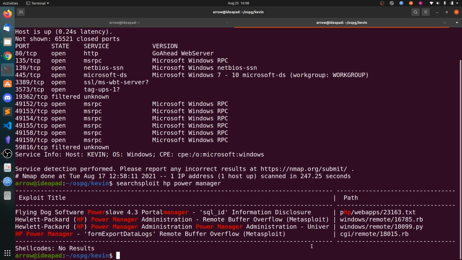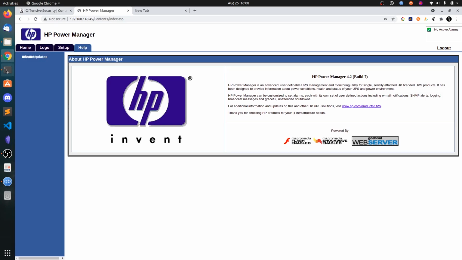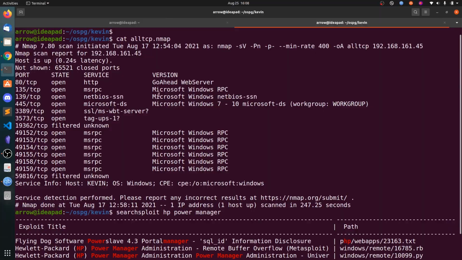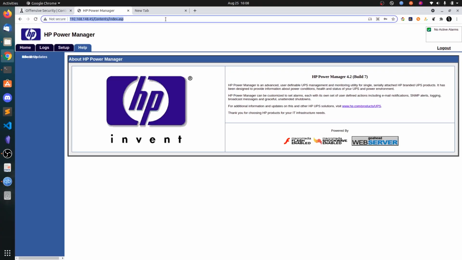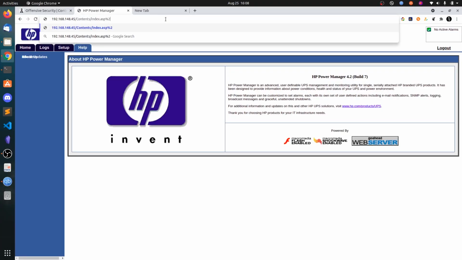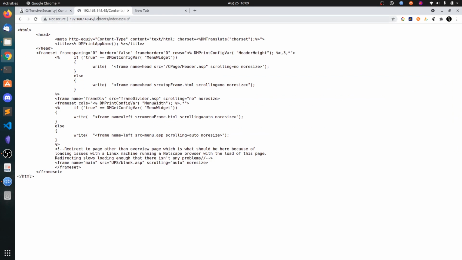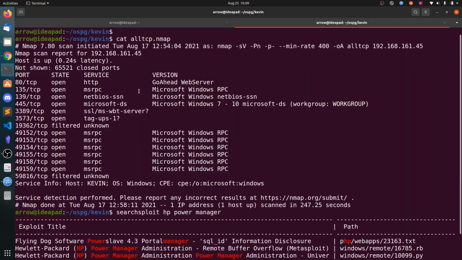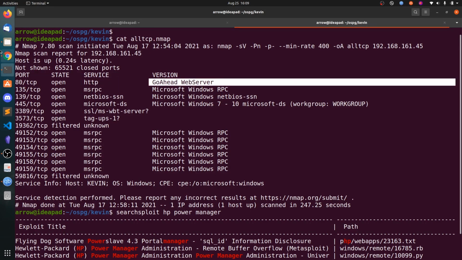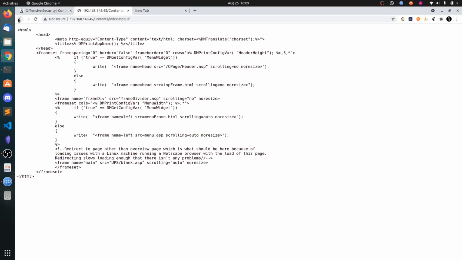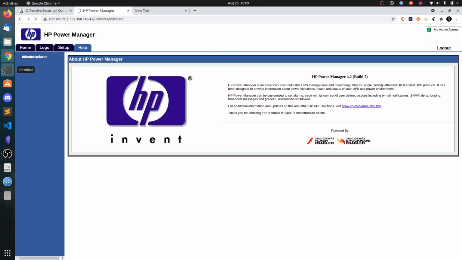We will also look at Metasploit. Also, this is the GoAhead web server. It has a few vulnerabilities. If you put %2f, you will get the source code of this ASP page. You will not find any juicy information in the source code, but it's one of the vulnerabilities in the GoAhead web server, that is the improper input sanitization.